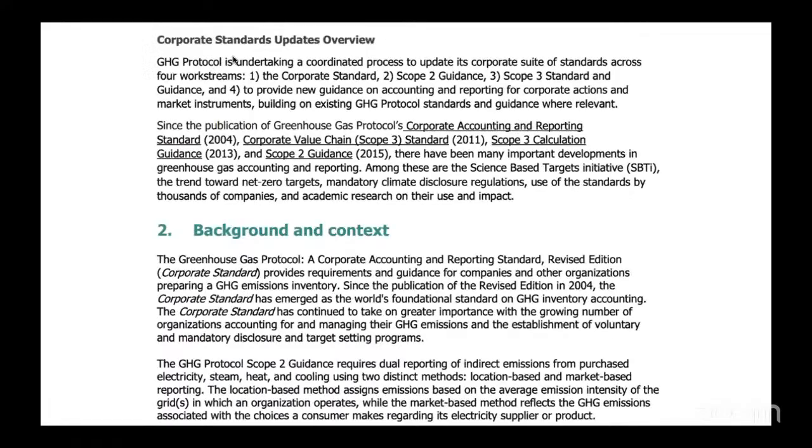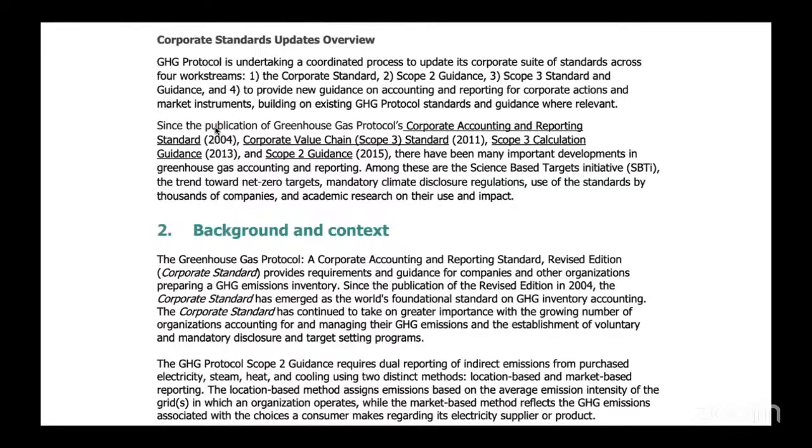Corporate Standard Update Overview. まずオーバービュー見ましょうと。GHG Protocol is undertaking a coordinated process to update its corporate suite of standards across four work streams. The first, corporate standard; second, corporate Scope 2 guidance; third, Scope 3 standard and guidance; and fourth, to provide new guidance on accounting and reporting for corporate actions and market instruments, building on existing GHG protocol standards and guidance